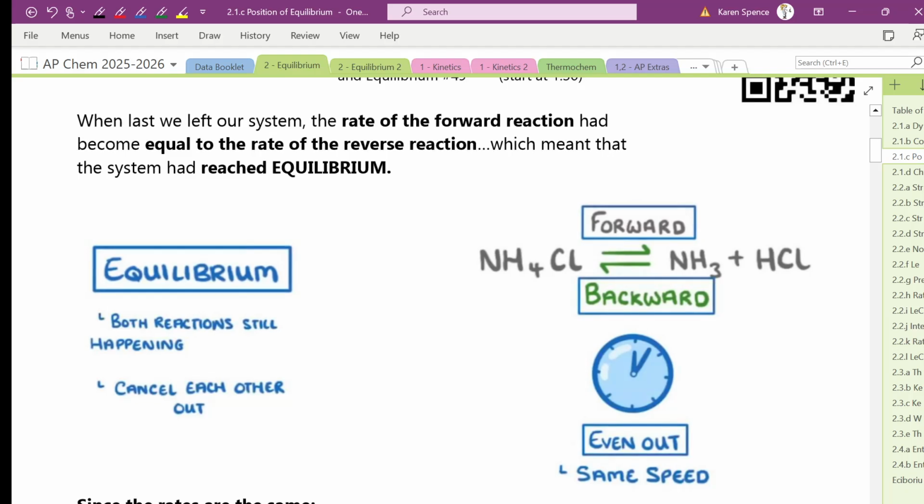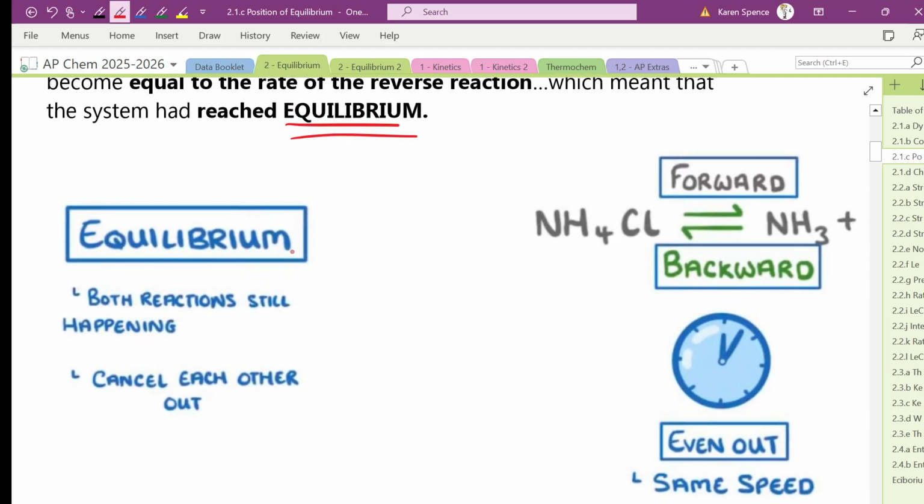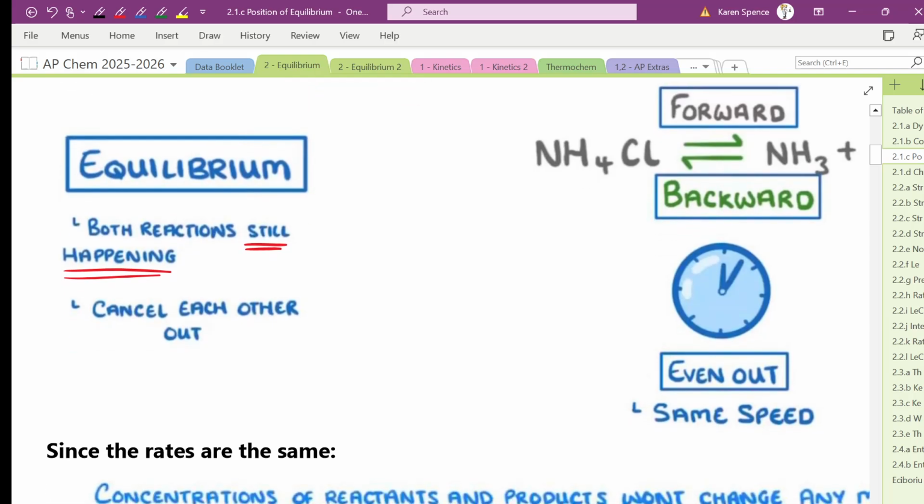When last we left our system, the forward rate was equal to the reverse rate, and the system had reached equilibrium. But it is important to realize that at equilibrium, both reactions are still happening. Okay, they haven't stopped. The reactions don't stop. They are still happening, but the forward rate and the reverse rate cancel each other out. What do we mean they cancel each other out? We mean,